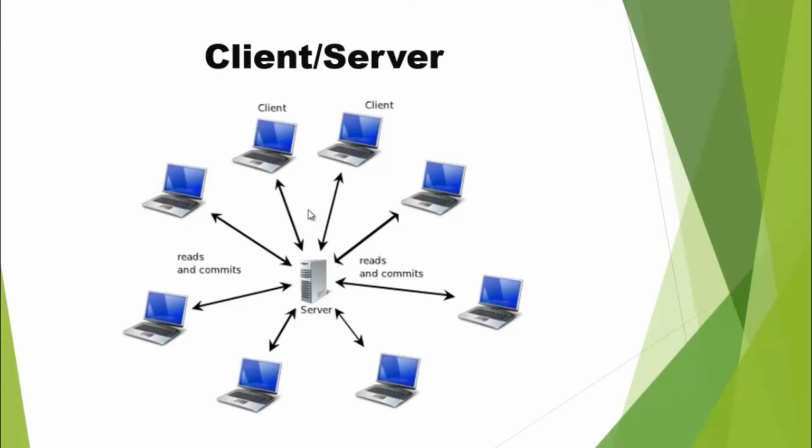We have some characteristics of client server also here. So the first characteristic of a client server network is that it can be as small as two computers, and it can have 100 and even 1000 computers as well. In this network we can connect 100 computers also, but a minimum of two computers will be connected with each other. So one computer will be the server and another computer will be the client. And a client server network also provides centralized security.